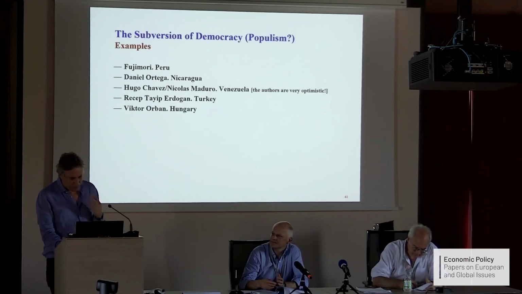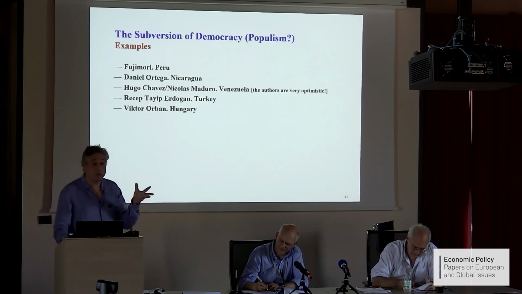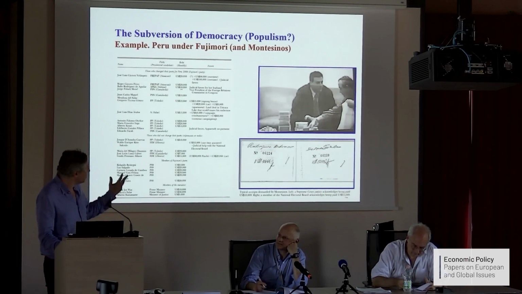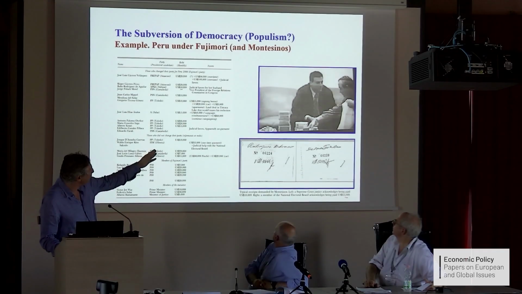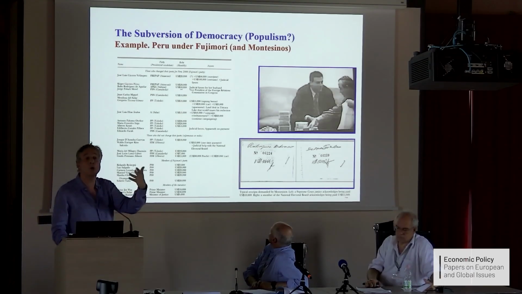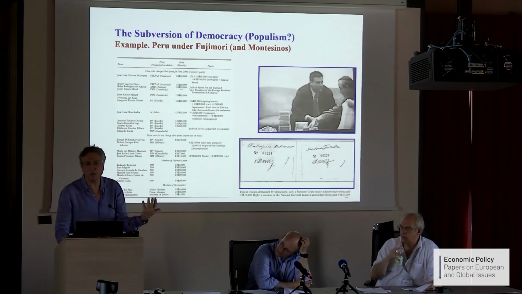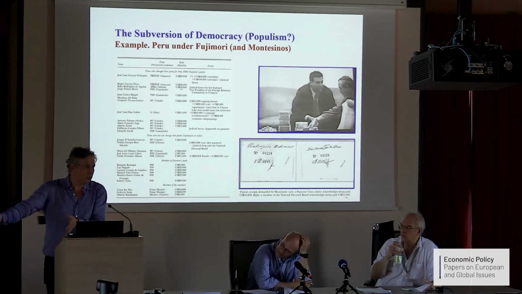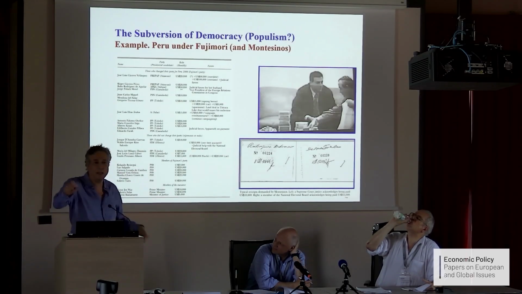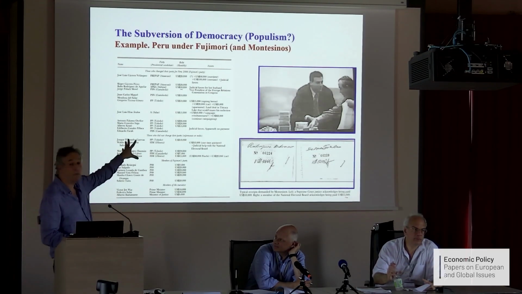Which brings me to the first, I think, conceptual point, to be more specific: the subversion of democracy and how this affects our classification of populism. So this is a famous example, at least to me. You see the chief of the military police, a dude named Montesinos, under Fujimori's Peru. Fujimori was democratically elected. I think he was, in some sense, fiscally conservative, but he killed some people in the very beginning, and then he established a system where the Supreme Court judges would give a receipt to the chief of the military police that they received the bribe, and they would be on video.